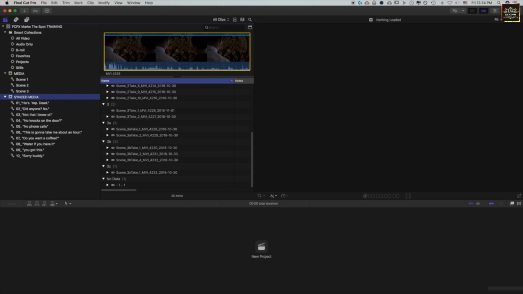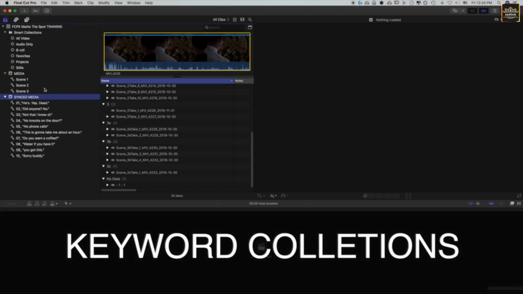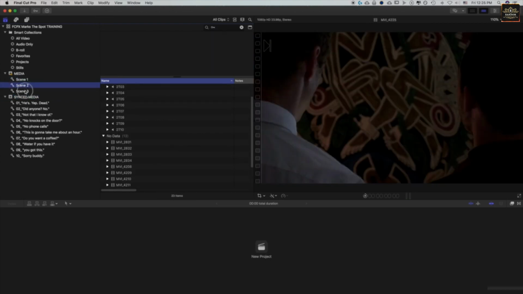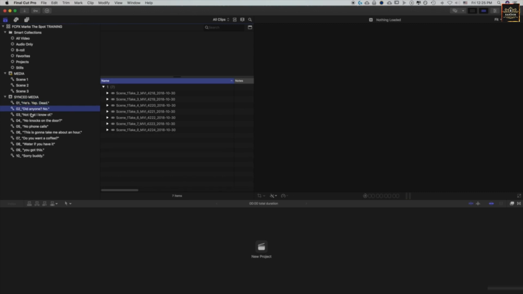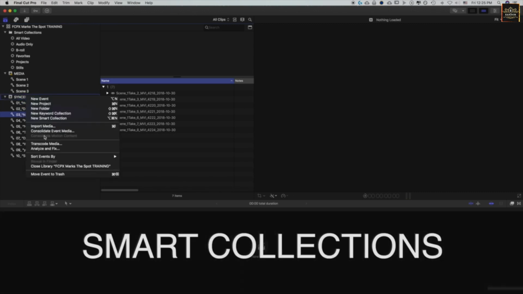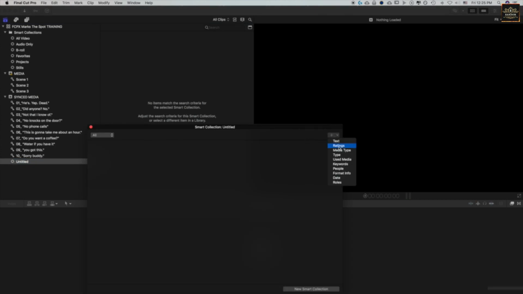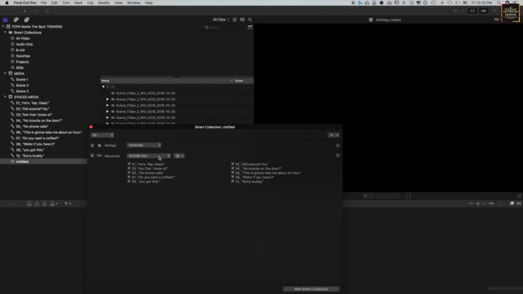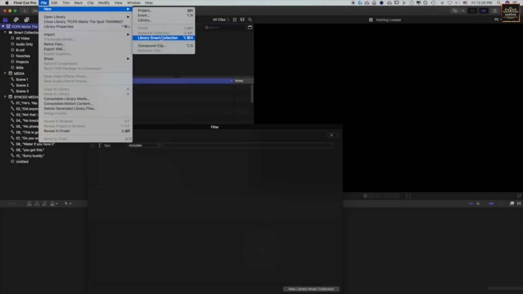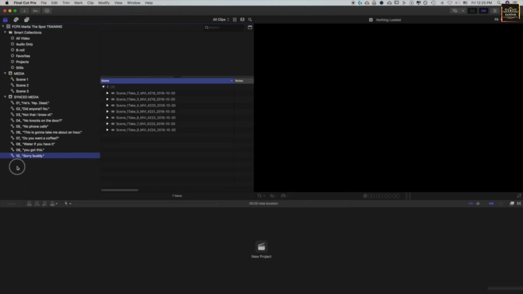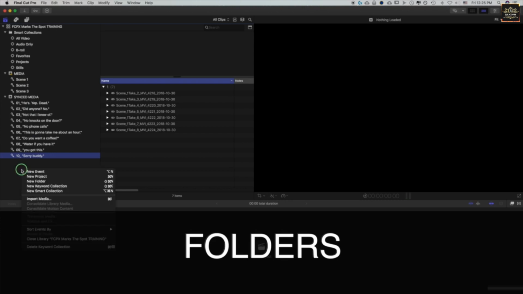Next in the organizational scheme, you have both keyword collections and smart collections. Right over here, you have your keyword collections for our various scenes, our keyword collections for our various lines, and, as we have discussed, various smart collections that you can populate with clips based on things like ratings and keyword metadata. Remember, smart collections span the event, library smart collections span the entire library. Then at the end of the day, you have just plain folders, which in this case, I would definitely create